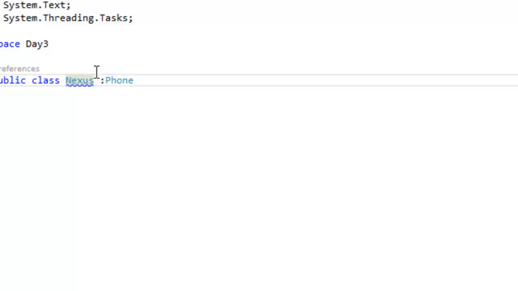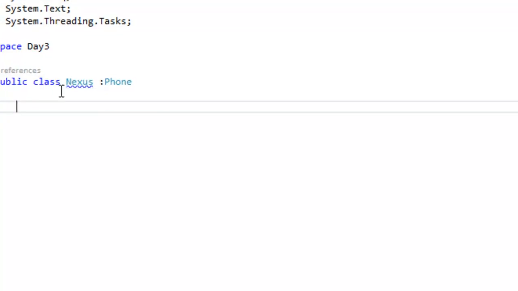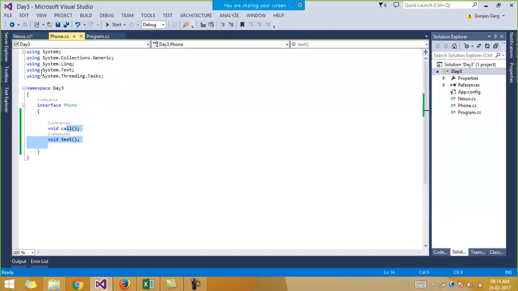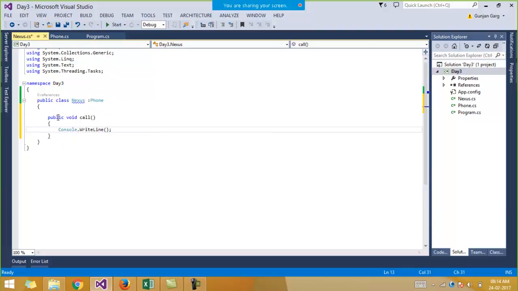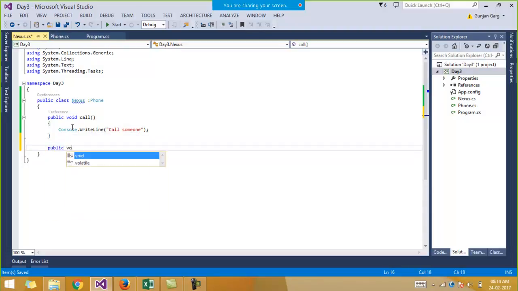Right. Okay. So how will you implement this phone interface? We have two members, call and the text function, right? So you will have to implement both over here in the Nexus class. That is, we have public void call, and then I simply implement this call function, and similarly we will have to implement the text function as well.